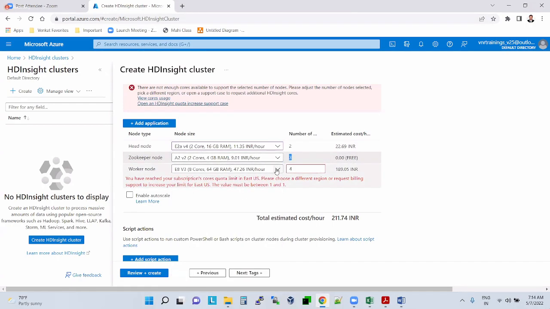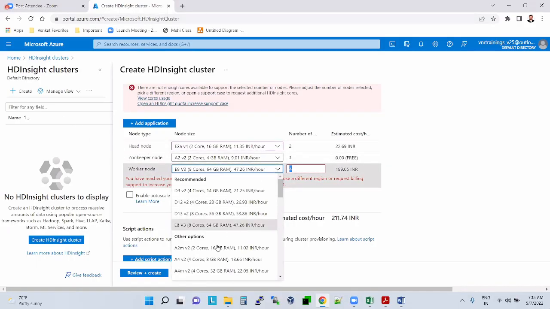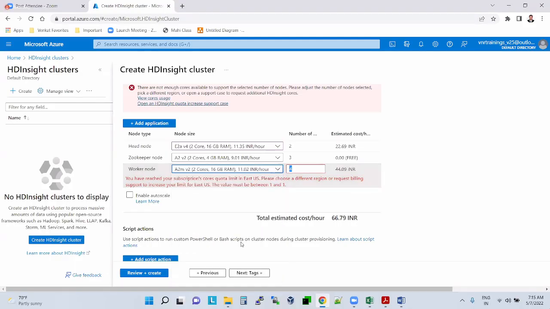And how many worker nodes? Head nodes means name node, the master nodes. This also will go with 2 cores. Only 1. Your subscription core quota.